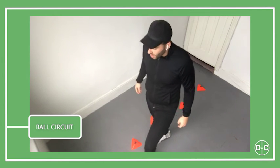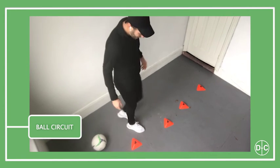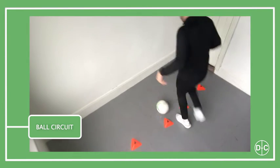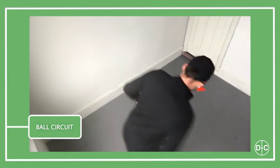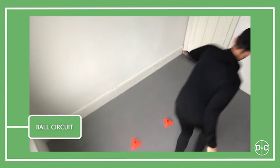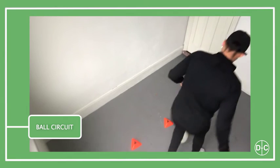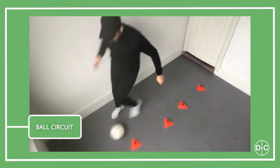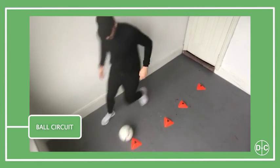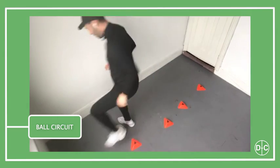they're travelling, okay? So alternatively, you might take an example, we're going to go 30 seconds and possibly see how many you can get around it, okay? So 3, 2, 1, go. 2, 3, 4, 5, 6, 7, 8, 9, 10, 11, 12, 13, 14, 15, 16, 17, 18, 19,